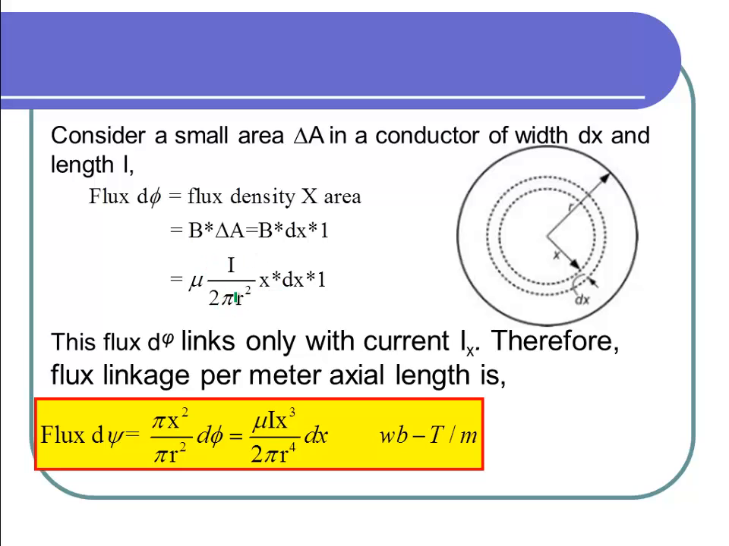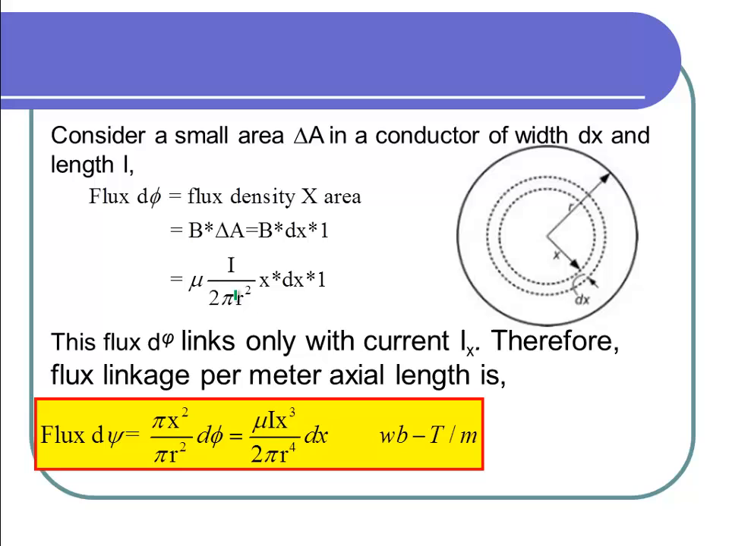This equation is nothing but called flux linkage on the circular path because of the current flowing on the circular path. Now we are having only a small portion of the circular path on the conductor. If we integrate from 0 to radius r, then we will get the complete flux linkage